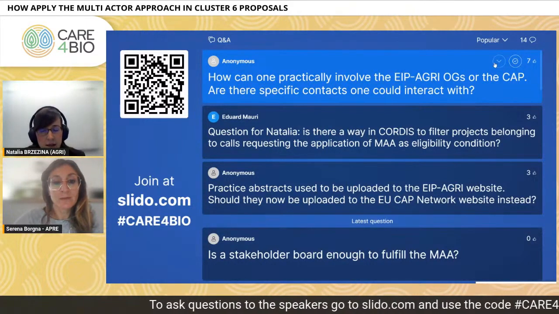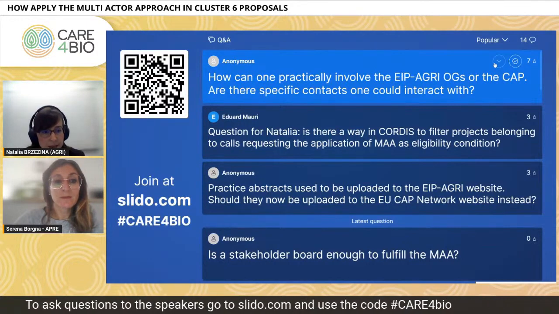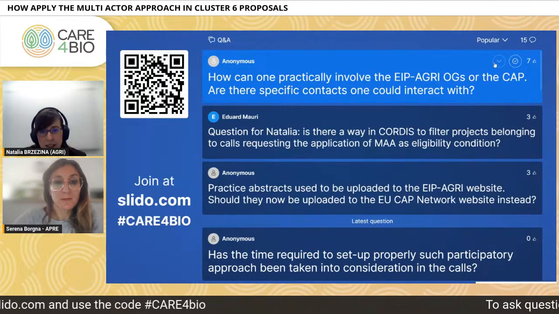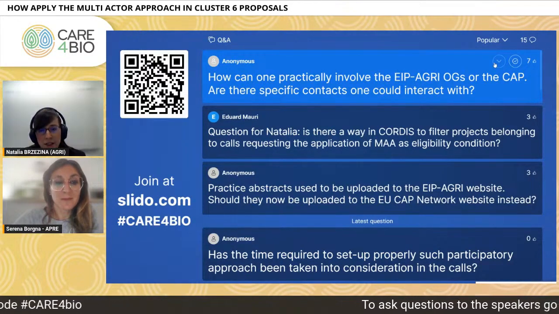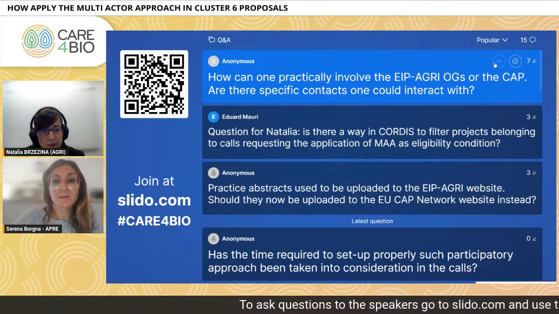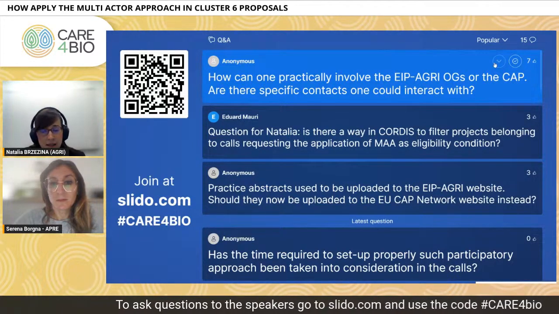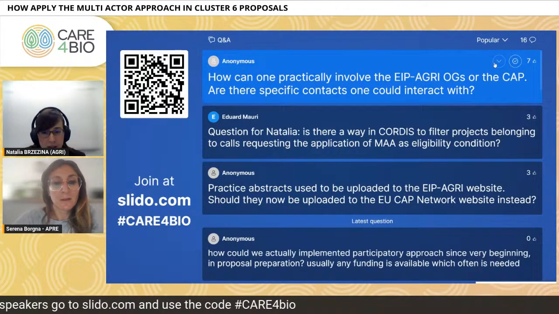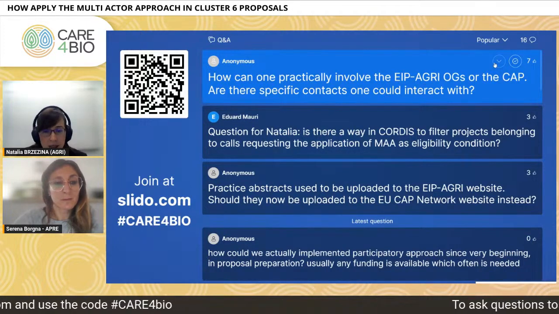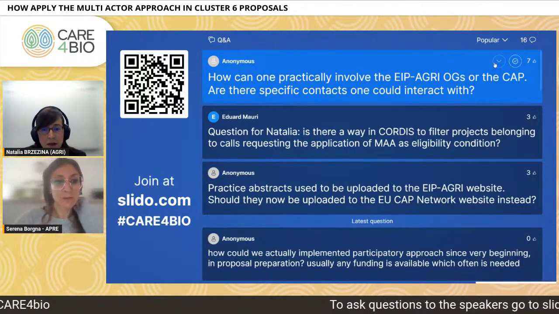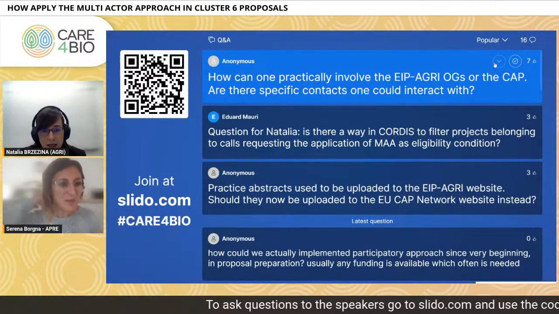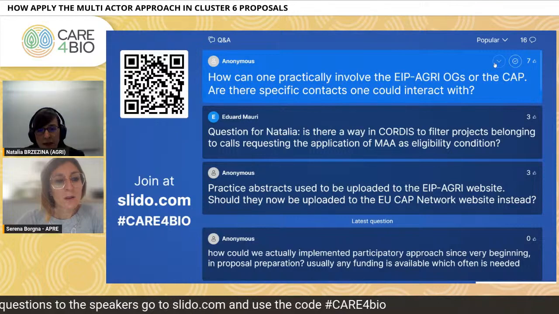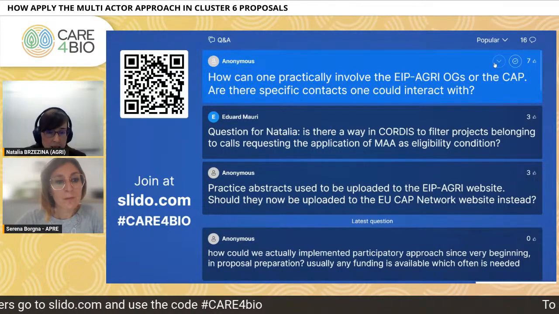There will be a presentation from PACOM, from the EU CAP network, that will also speak about how to practically involve the EIP Agri operational groups. But just to tell you very quickly, there is an Excel file on the website. We are working on a new database with the EIP Agri operational groups, but there is now an Excel file with contacts to the EIP Agri operational groups, so you can have a look in the Excel file for the contact